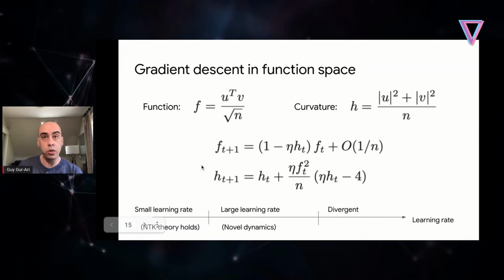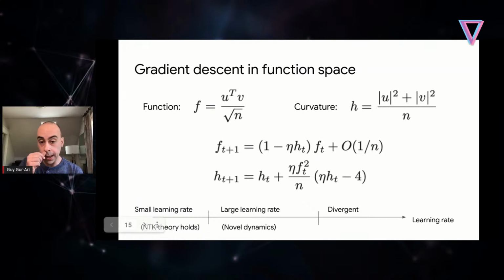So we've reduced the problem to a set of 2 gradient descent equations, and now we're going to analyze the dynamics of these equations as a function of the one parameter that we have, the learning rate, and taking the width to be large. So again, the learning rate here is eta, and the width is n.